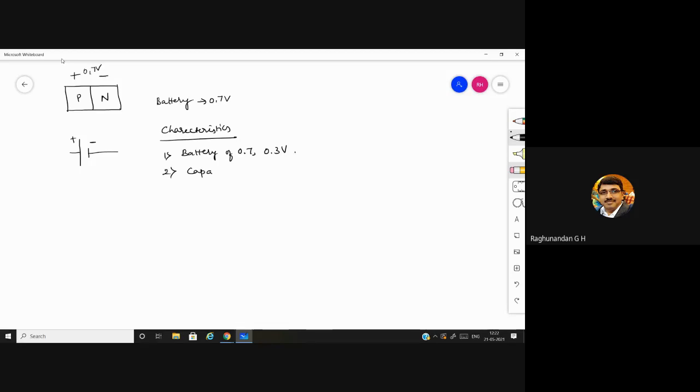Next, it has a capacitor in it. It will behave like a capacitor. We'll discuss later; we have diffusion and depletion types of capacitors. Third, it has a resistance in it. We'll have two types of resistance, dynamic resistance and static resistance. In the next topic, we'll discuss that. So these are all the inherent characteristics of the PN junction. These are all present inside it. They are part of it.